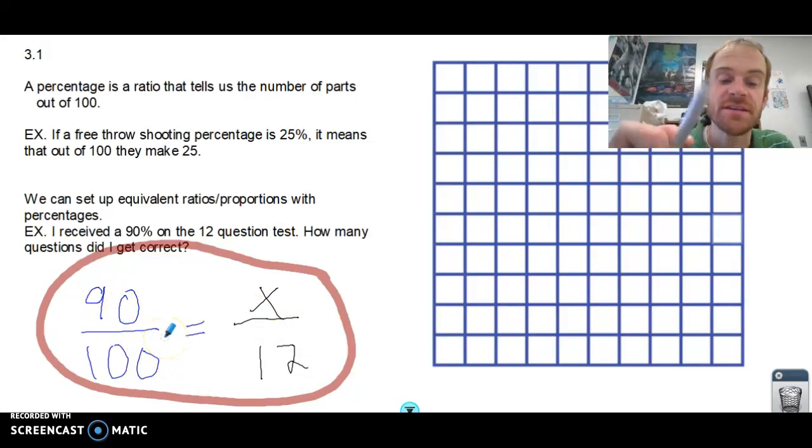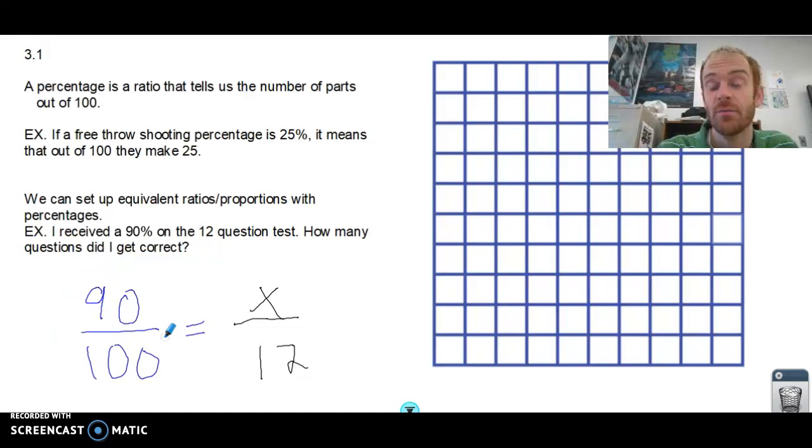Okay? And so that's helpful because a percent is just a proportion, really, because a percent tells me how much out of 100 I have. So, for instance, if I shoot free throws, and I say that I have a 25% free throw percentage, what I'm saying is that if I shot 100 free throws, I would make 25 of them. Okay? That's not a lot, but that's what that's saying, is that a percent tells you if you imagine you did 100 of that, or you